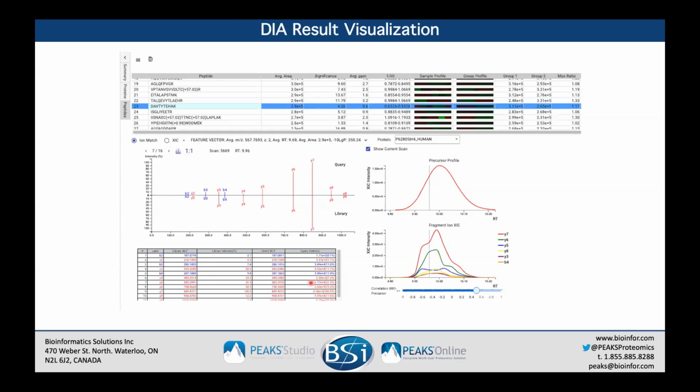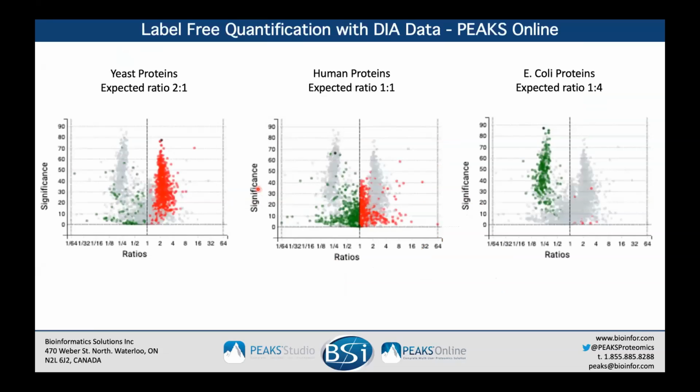and the same data in chart form. And if you actually click on this XIC button here, what you get is just the XIC of the fragment MS2 from your query. And we remove the library search view, so you can interrogate your ID a bit better if you'd like. In terms of quantification and online, we see the same thing as we see in Studio and